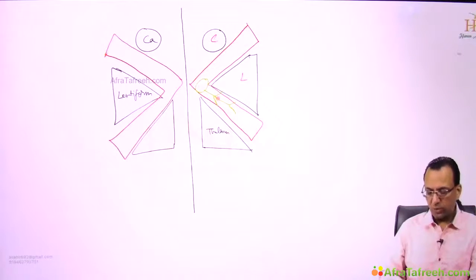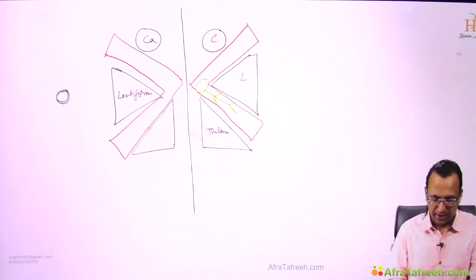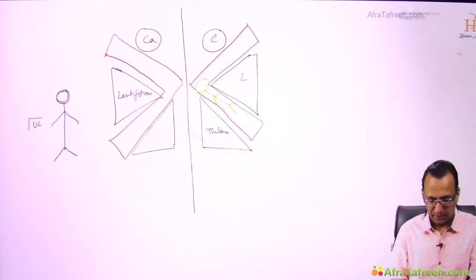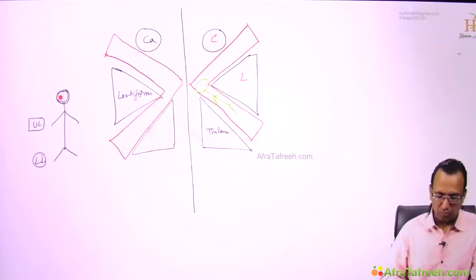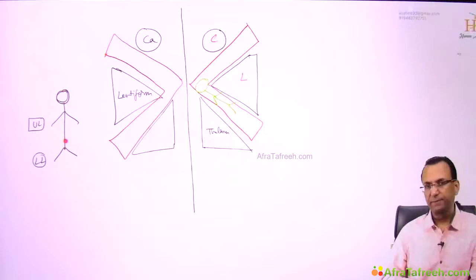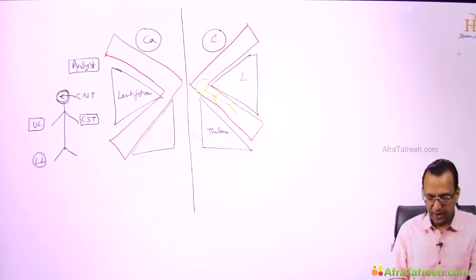Now, once you have that orientation, let us discuss more details. When you're talking about the human body here, this is the head, and this is the trunk region, upper limb, lower limb region. This is the upper limb, that is the lower limb. If I want to move the muscles, then I require the pyramidal system, and the pyramidal system has two components, the corticonuclear tract and the corticospinal tract. If I want to move the eye muscle, corticonuclear tract, and if I want to move the finger muscles, then corticospinal tract.